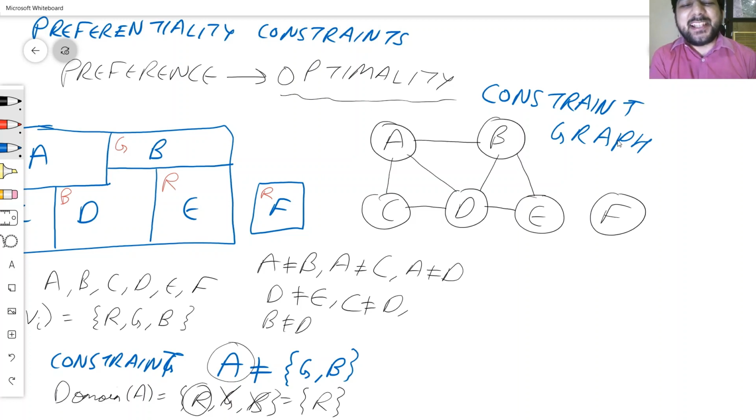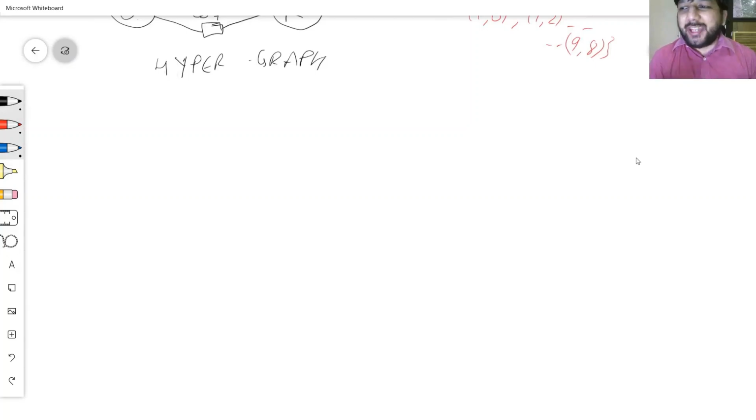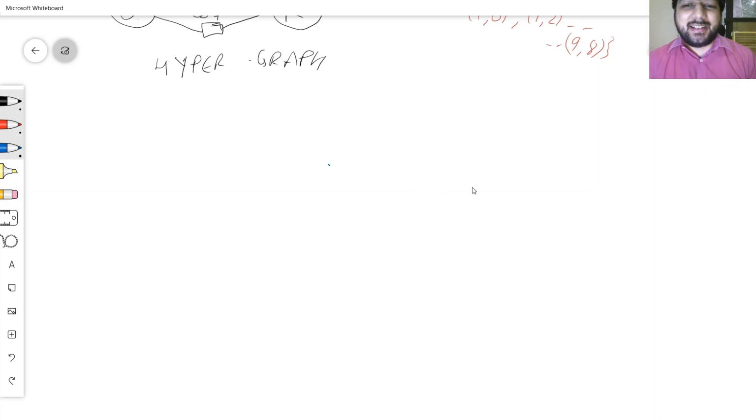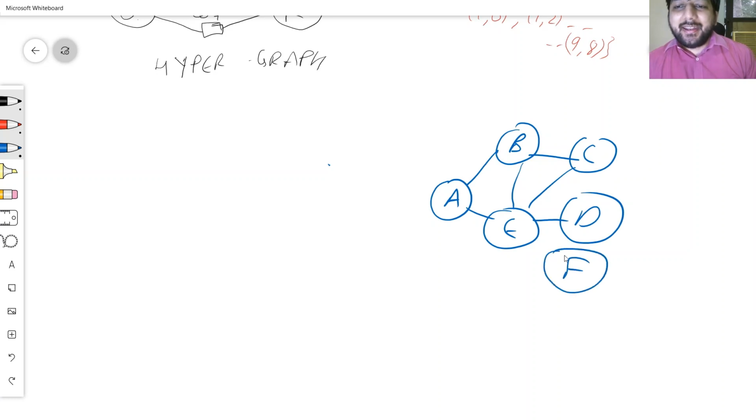So we'll start off with the most obvious thing. You have looked at it probably a dozen times. I will still assume you haven't and look at it another time. So if you want to solve in a general constraint graph like the one over here, which is say A, B, C, D, E, and F, and let's say, I'll not write down, the domains are all R, G,